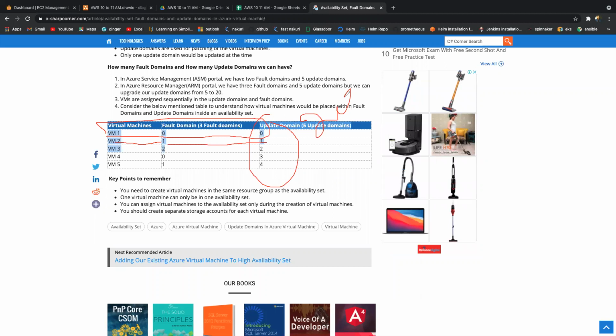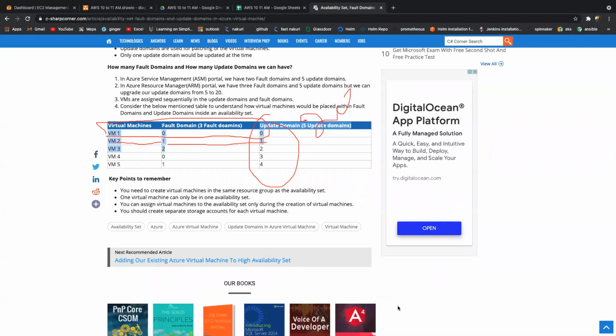So how can we achieve high availability within the zone using an availability set? Make sense? How can we achieve high availability within the region using the availability zone? Availability zone is nothing but, within the region, we have multiple availability zones. Availability set, within the zone, we have multiple FD0, FD1, FD2. Make sense? It is a quite important scenario. So what's the major difference between availability set and availability zone?